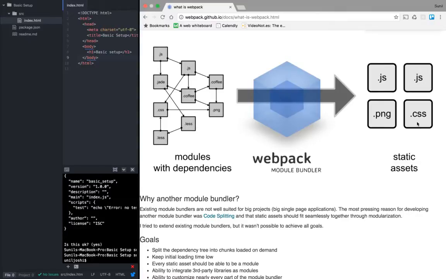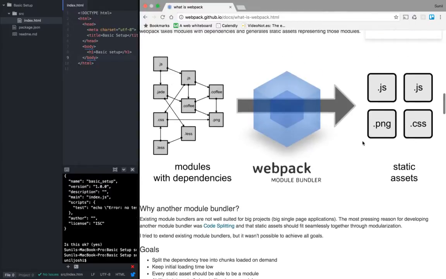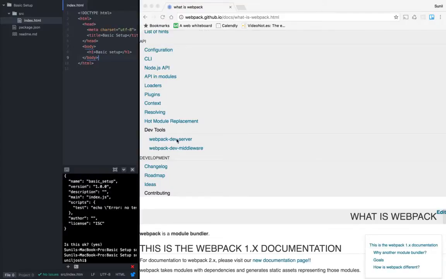So this is basically a bundler. Right now we want just one JS file, but obviously when the project grows, we want to have multiple JS files. At the end, after compiling, it is going to compile to a single JS file, which we are going to include in this index.html. So that is the whole idea. Another good thing about Webpack is it also gives a very slim server so that we can run our project.